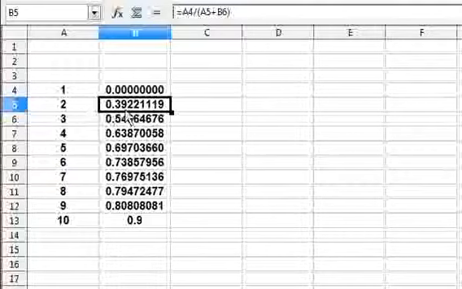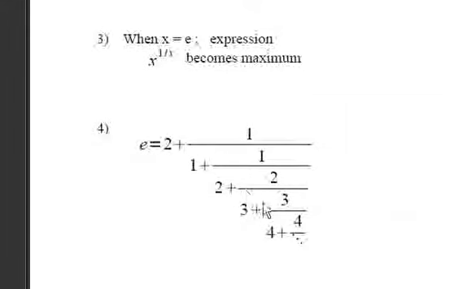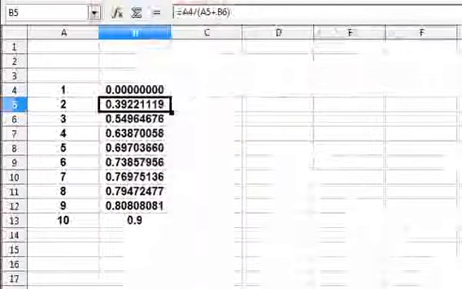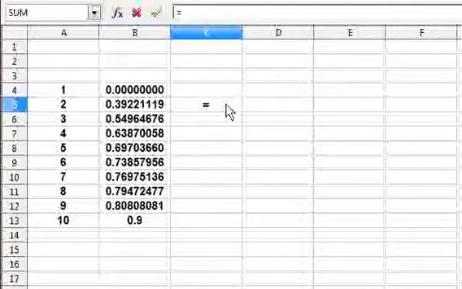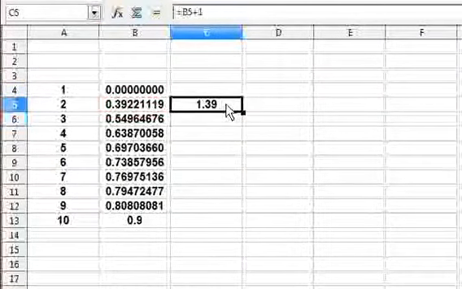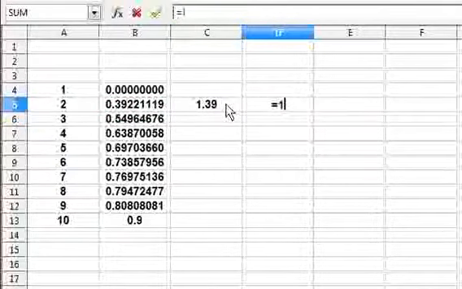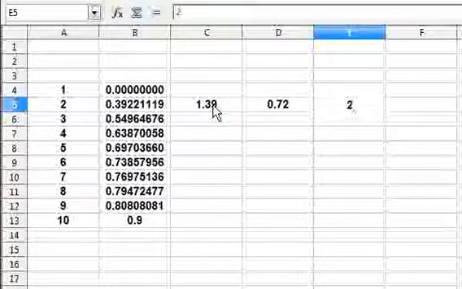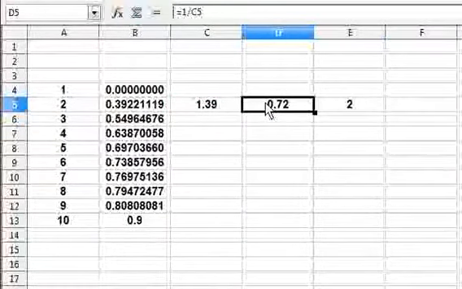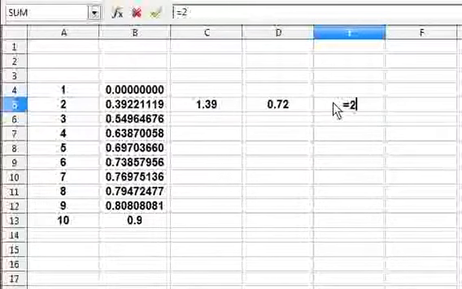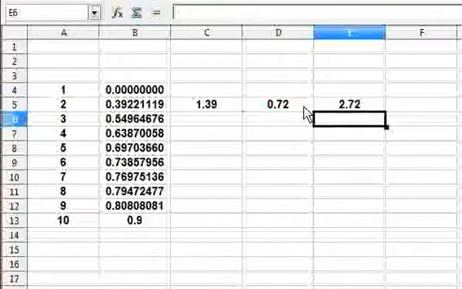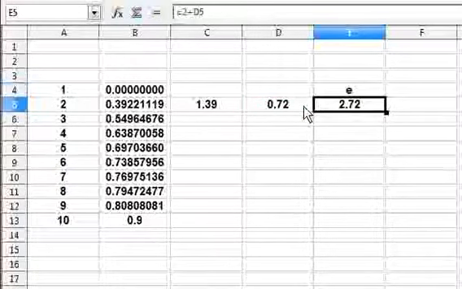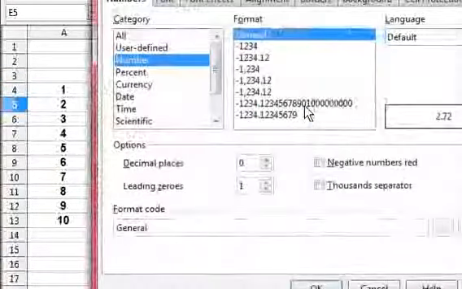So this value, if you see, is 1 plus 2 by something. So that is in this term up to here 1 plus 2 by something. So I'll add 1 to it. So I'll say is equal to this plus 1, and is equal to 1 divided by this, and finally 2 plus this, is equal to 2 plus this value. So this is my final estimate for what is E, and again let me show more decimals of it.